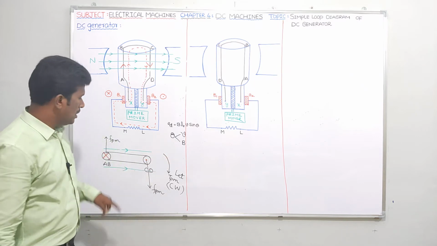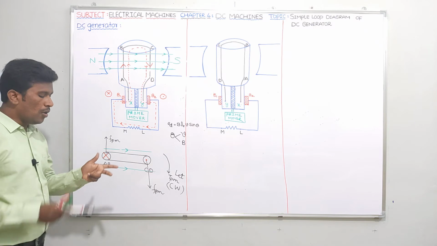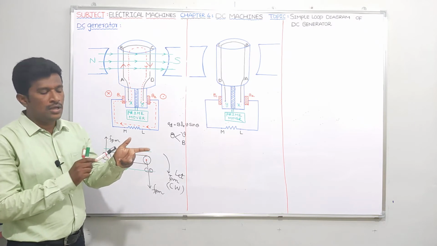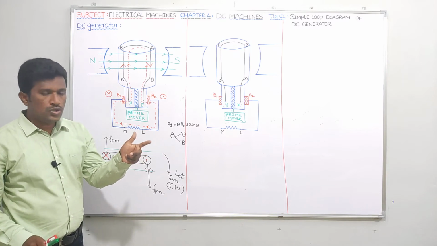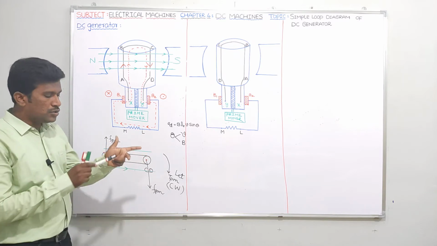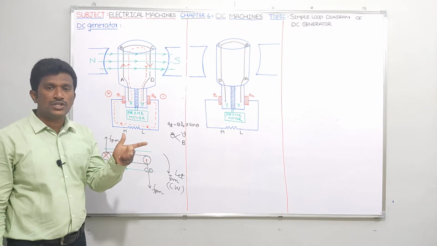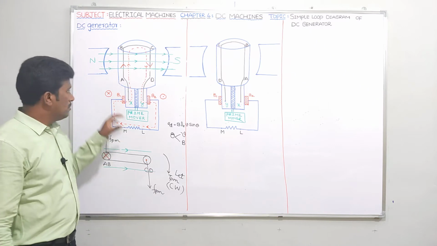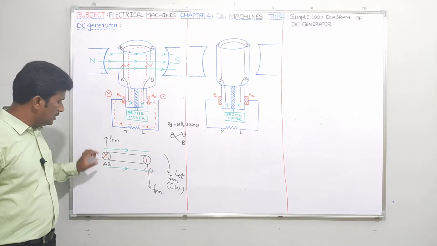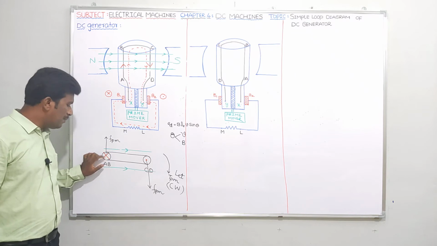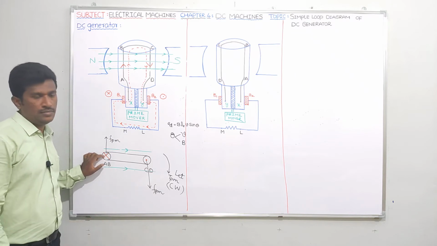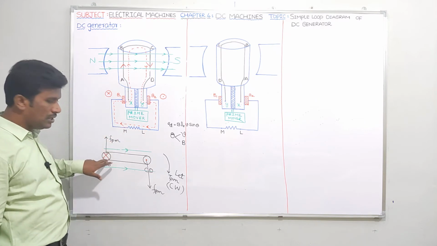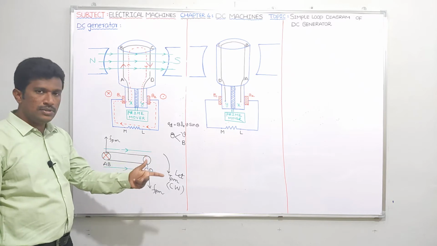Now you may get one doubt, sir. For knowing the direction of force experienced because of motor action using Fleming's left hand rule, you should know the forefinger, and you should know the direction of the center finger also. That means the direction of current. How did we get the direction of current? Very simple. Because of generator action, whatever EMF or current is induced becomes the input to your motor action now. The direction of the center finger is nothing but this cross in the AB conductor, and here dot in the CD conductor.